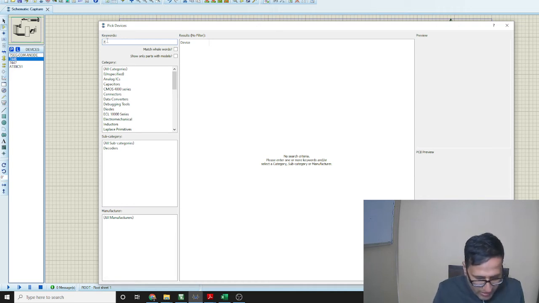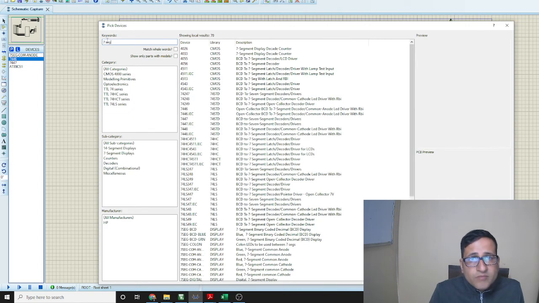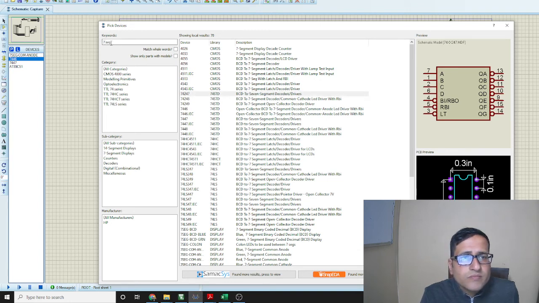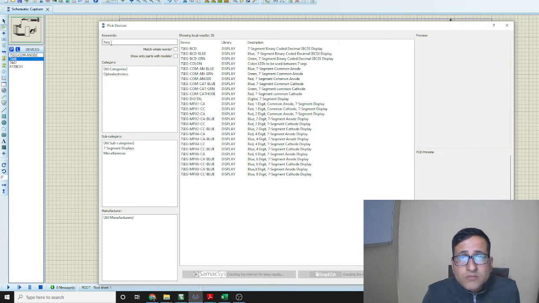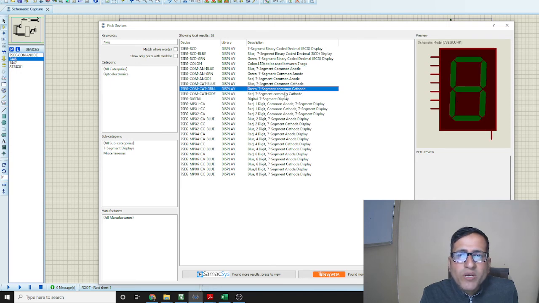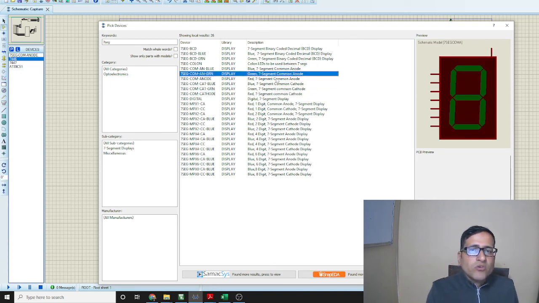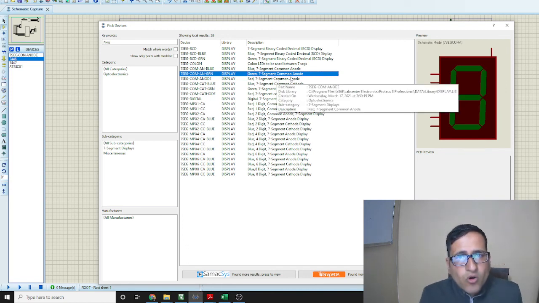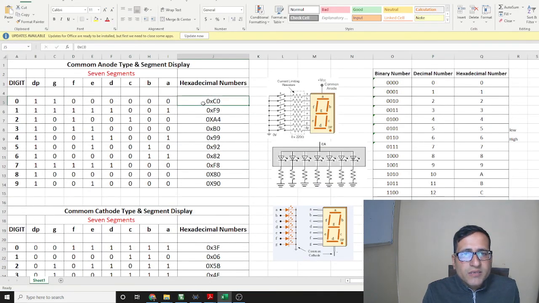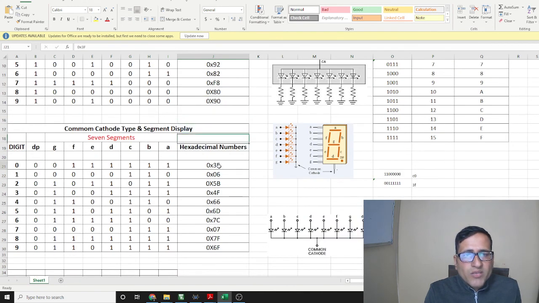So if we write here 7 seg, these will show the 7 segments like blue, common anode, and these common cathodes. If we use the code for the common anode, then we have to take the values of this table, and in the case of the common cathode LED we will use these values.